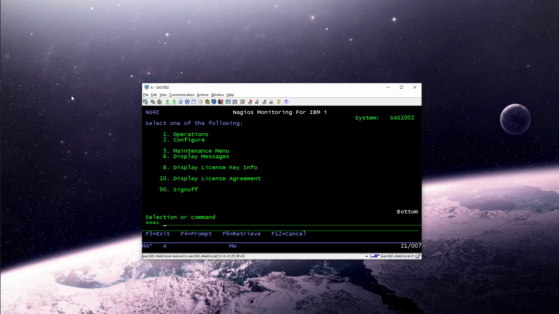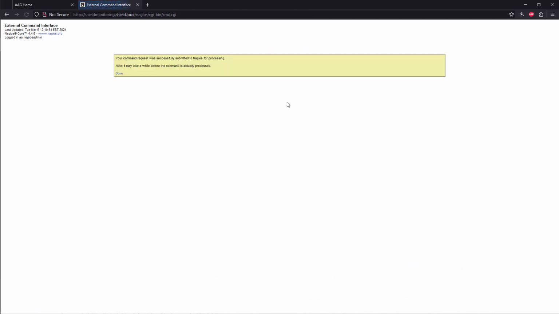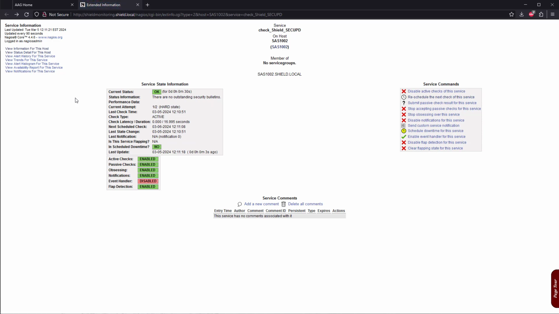Now that the fixes have been installed and we completed an IPL, we can force the Check Shield Security Bulletin service to run again. As you can see, the critical state has now been cleared, and there are no security bulletins missing from this